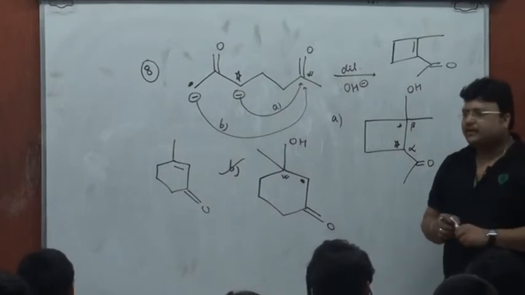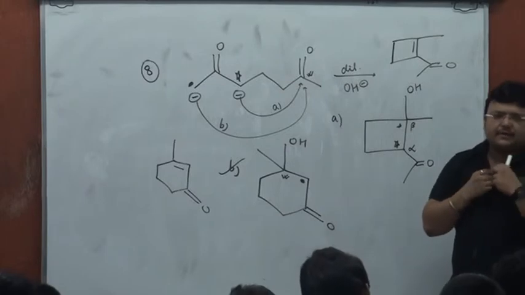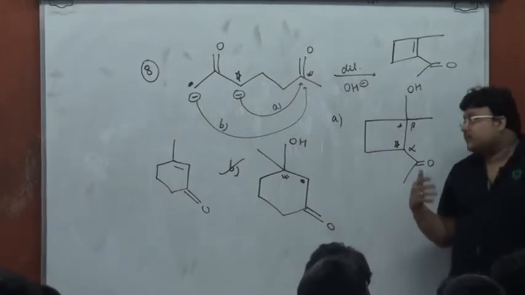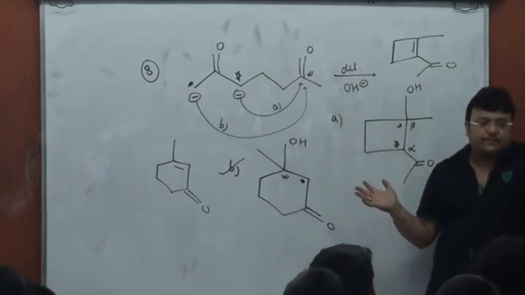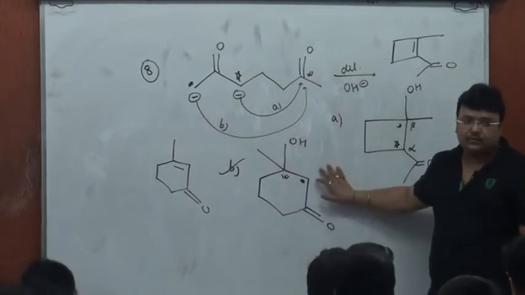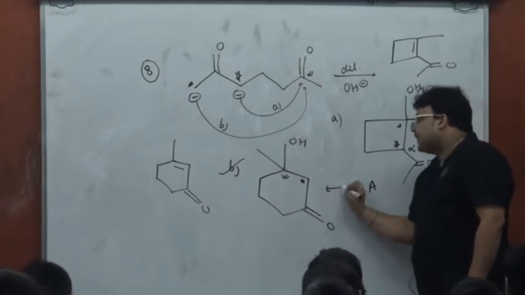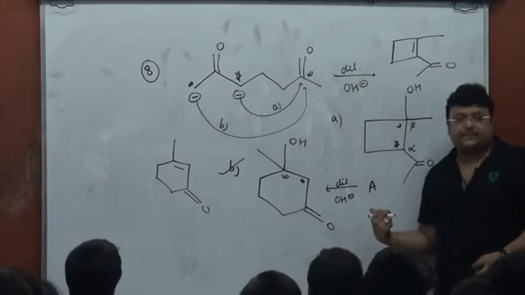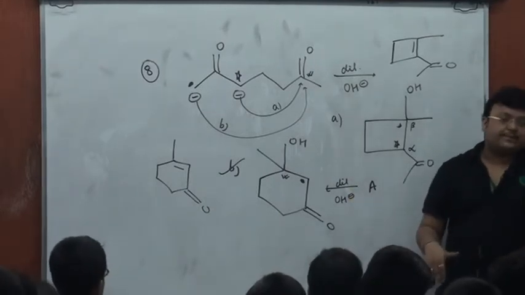And believe me, these topics are so popular among examiners. Don't expect always a straightforward problem where you will be expected to draw the aldol. Chances are they will begin with this compound. They might tell you there is a compound A. Now this with dilute OH minus is giving you this compound, and they will want you to find the structure of A. So you will have to carry out what's called retroaldol.